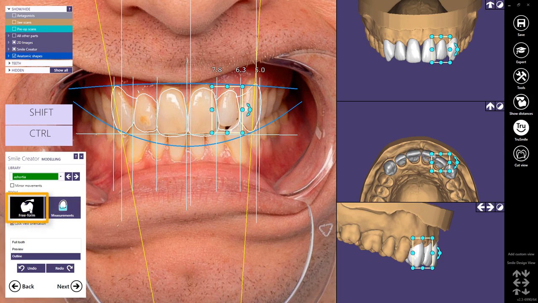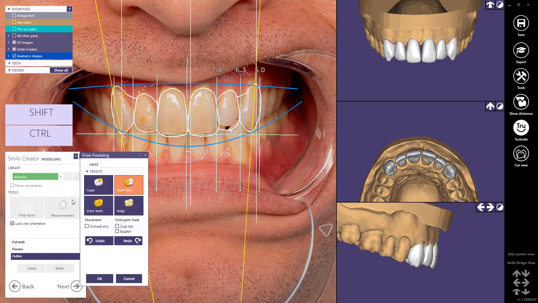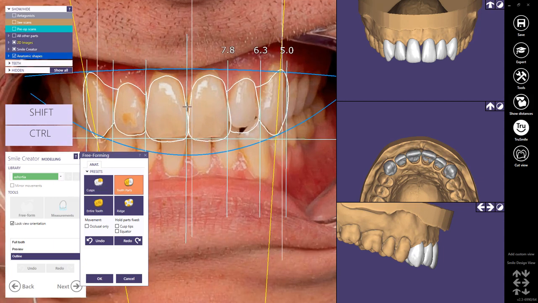Open the free-forming dialog if further adjustments are required. You can choose Move Tooth Parts to edit mesial, distal, lingual, or any other part you desire. Hold and drag with the left mouse button to design. You can also choose Move Entire Tooth. Note,